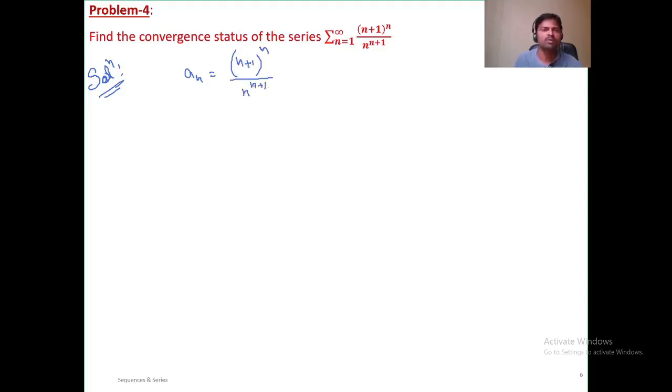See, it doesn't mean that you have to apply only the nth root test. It is not like that. It is the most suitable method. You can apply any other test also, no problem, if it is applicable. But here it is most suitable. You can apply it directly. So now limit n becomes large,